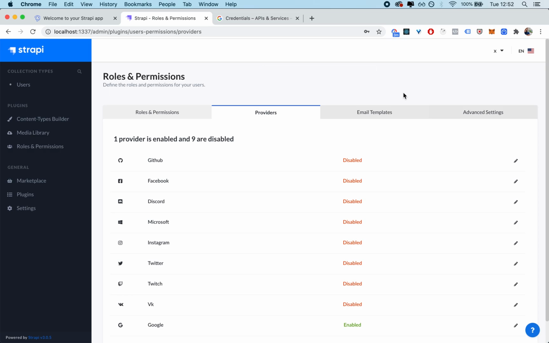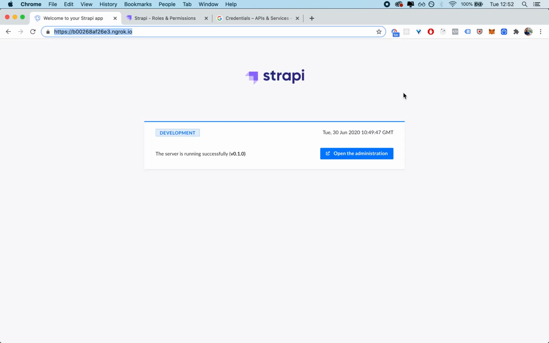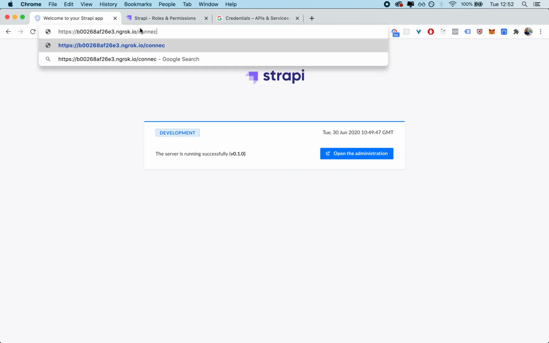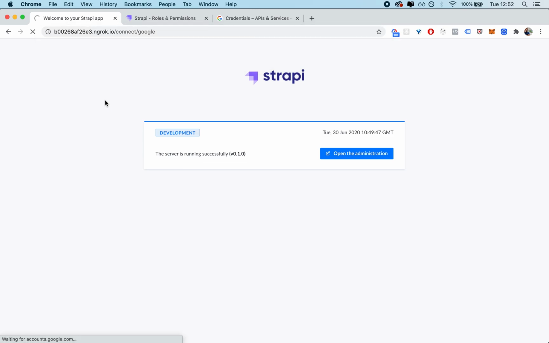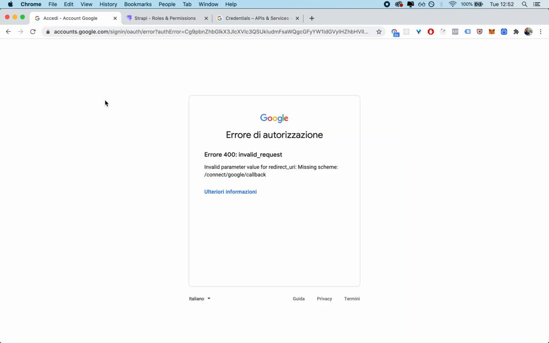And the way to connect through Google Auth will be to use the ngrok URL followed up by /connect/Google. And this will redirect us to an OAuth screen. However, you're going to see this error. It says authorization error with a 400 code with a message of invalid request, saying that the redirect URI is missing a scheme